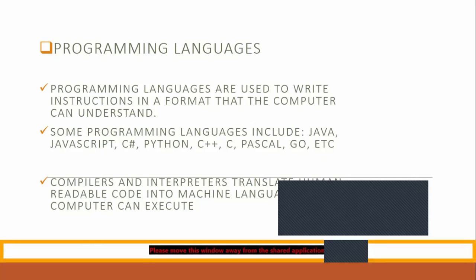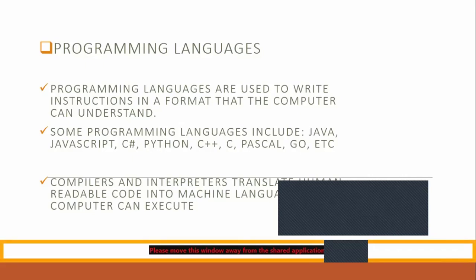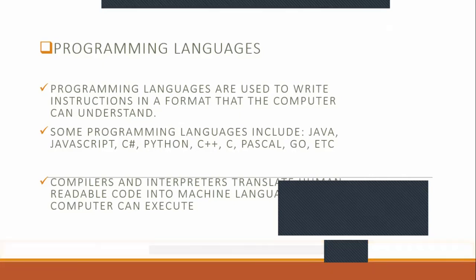Yes. So the compiler is able to pick your high-level language, which is maybe print hello or print goodbye. It picks that and then it compiles it down to machine code for the computer to understand. But then the interpreter, what it does is it does not necessarily compile, but it is just a step away from the machine. So it is closer to machine code. The interpreter is much, much closer to the machine code. So when you say maybe print hello, that is a high level language. So the interpreter cannot work over there. But then